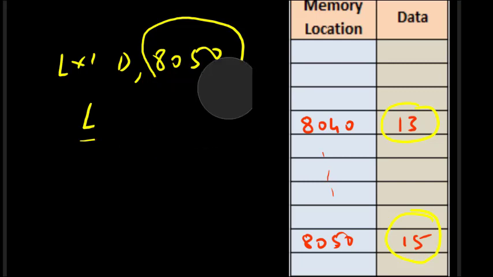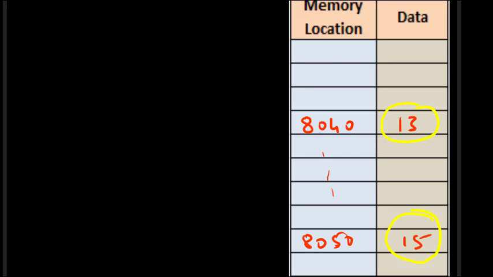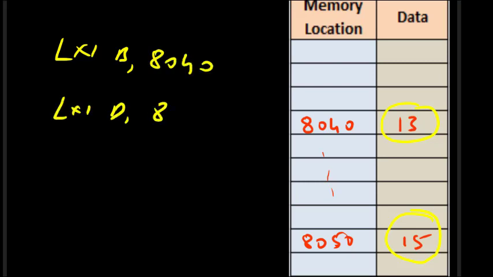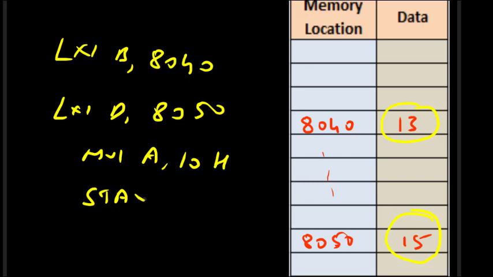Now similarly, just as we have LDAX, we also have STAX. Suppose I write LXI B, 8040, and LXI D, suppose 8050, and if we write MVI A, 10, we are storing 10H. Now suppose I write STAX B. With LXI B we know B and C become 8040, DE becomes 8050,